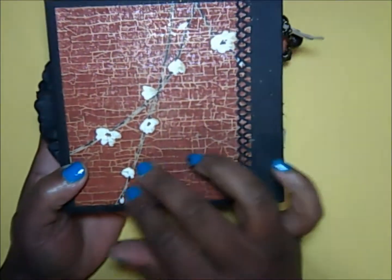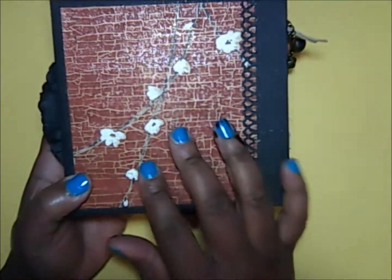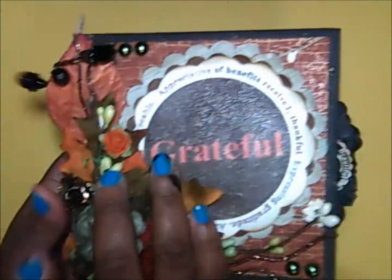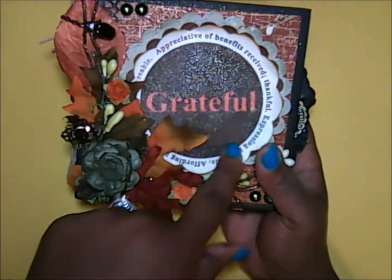And it just has some flower. I think that's cotton. Is that cotton lilies or cottonwood flower image? I don't know. I love it. And I used my Martha Stewart punch to just give it a bit of a decoration. And I wrapped it. So here is one of the sentiments from the stamp set, and it comes out in